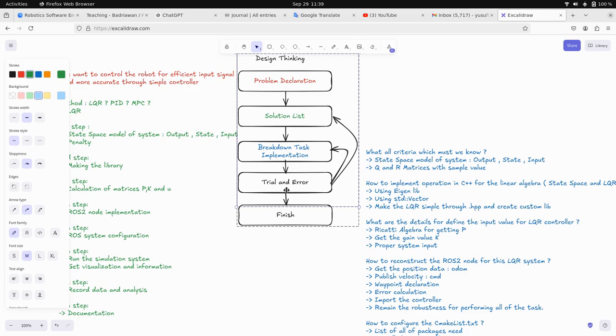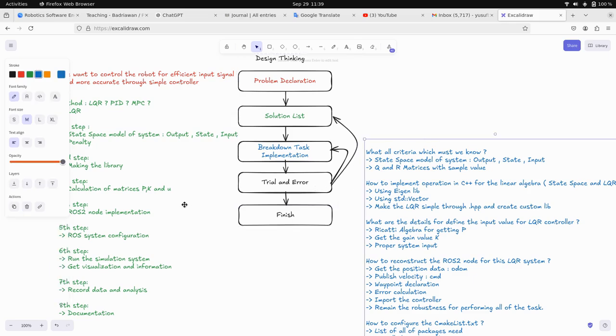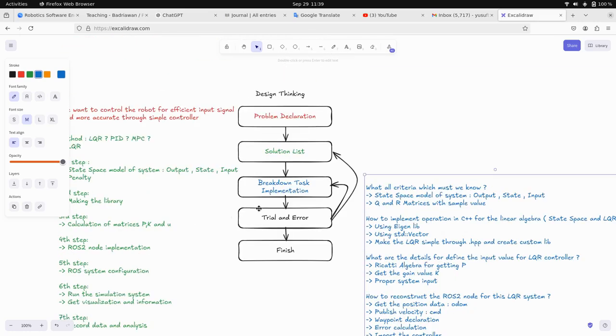This rarely happens. So you must know how to troubleshoot after that, and you will find some errors, either in the first step, the last step, or maybe in the middle step. So you can go to the solution list,